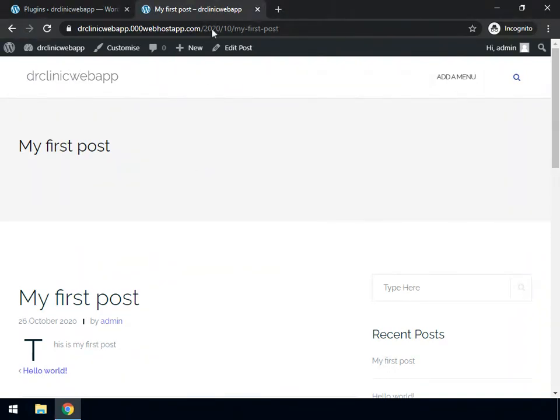So if you see here at the top, the URL of your website is something like drclinicwebapp.webhostapp.com slash 2020 slash 10 slash my first post. So now if we go to any website page and click on their contact page, it's just going to say their website URL slash contact. It's not going to show all of this unnecessary stuff right over here. So we want to get rid of the date because it isn't professional,